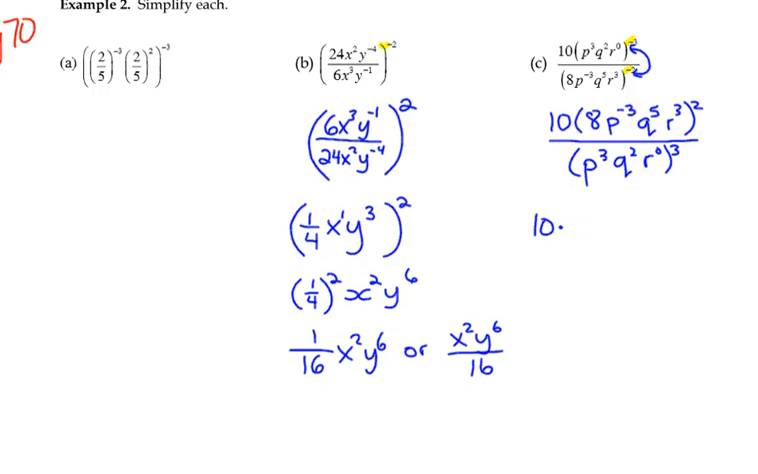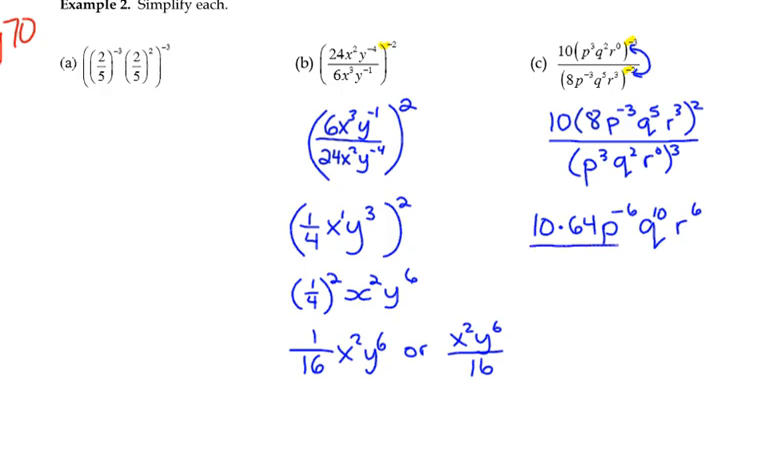Does it apply to the 8? The 10 is not inside the bracket, so just the 8. 8 squared is 64, thank you. I almost thought 16, I don't know why. So 10 times 64, p to the negative 6, because negative 3 times 2, q to the 5 times 2, 10, and r to the 6 divided